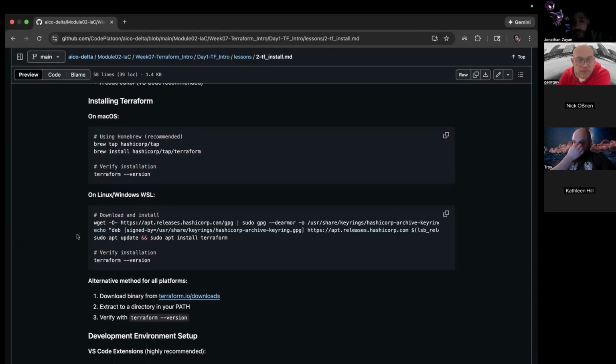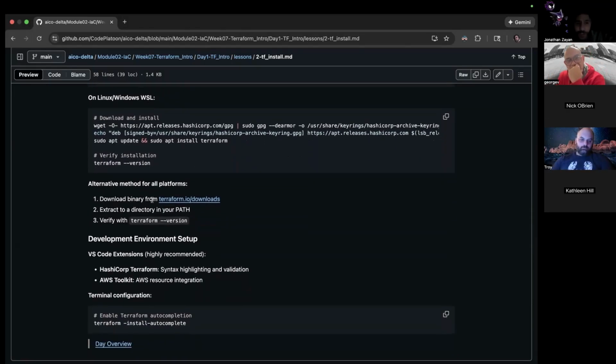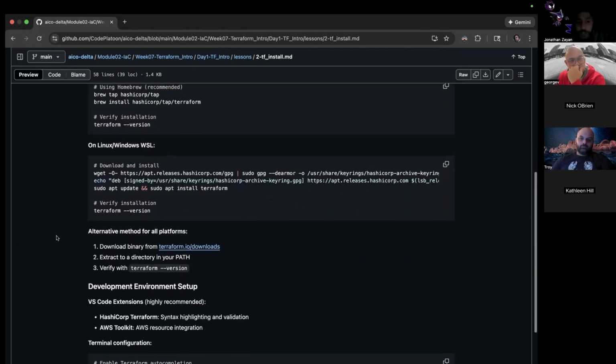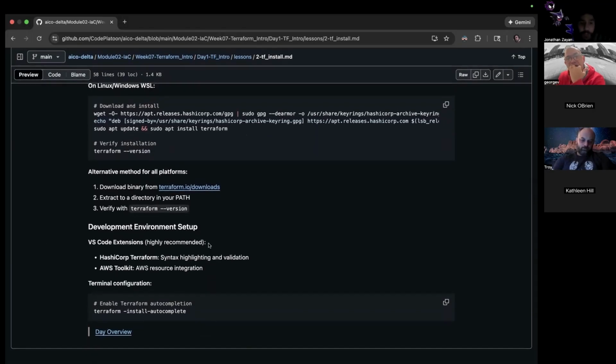In fact, even right now, if you want to follow along with the notes, feel free to copy that into your terminal, or even within a specific project folder if you'd like. There's an alternate method where you download it, extract it, and verify it. I didn't test this. We have a CLI, so I don't understand if there's a benefit to that, but there is another option at least. So, development environment setup: the VS Code extension is highly recommended. I don't have that, but maybe it would have helped, who knows. Here are just two extensions, it looks like.